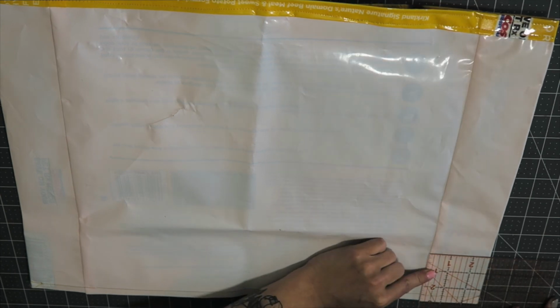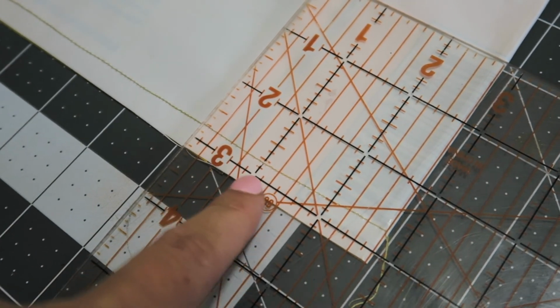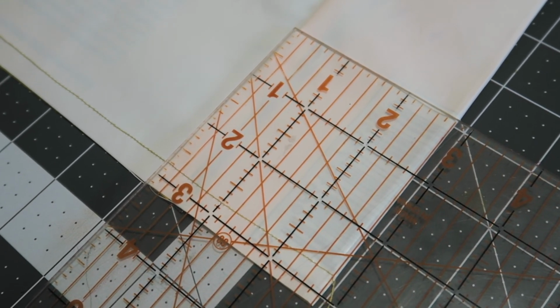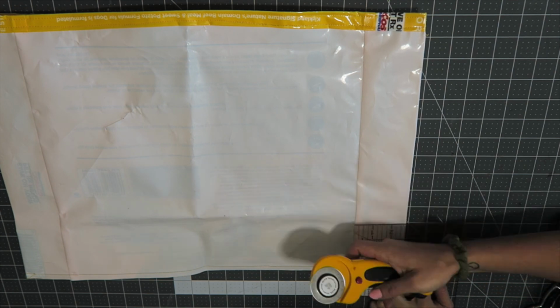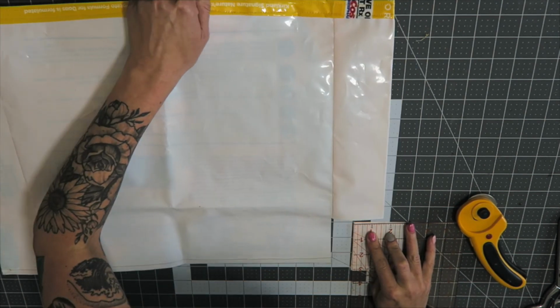Now, the tricky part: making our boxed corners. So we're going to cut out a square from each of the corners, and you want to measure your square from the edge of the bag and from that seam that we just created along the bottom. So mine is 2 3/4 inch, and I'm measuring from the edge of the bag and from that bottom seam that we just did. So cut out your little square,